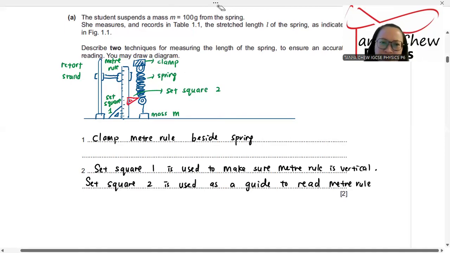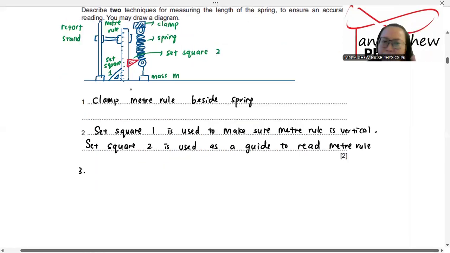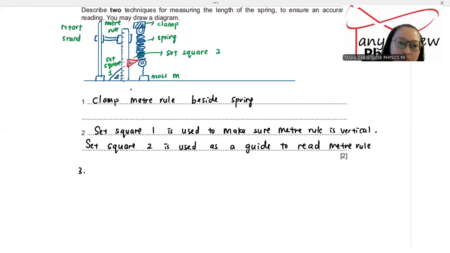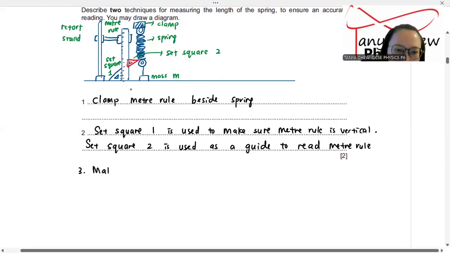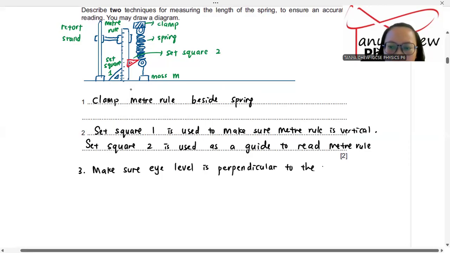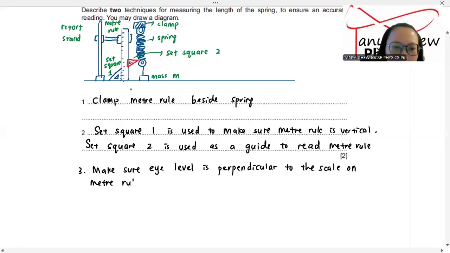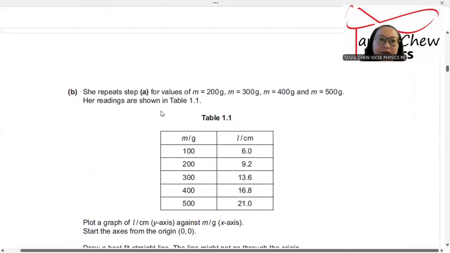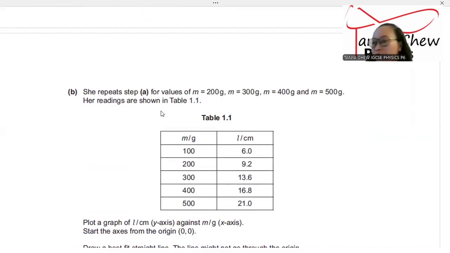And if you want to discuss more techniques, you yourself, the experimenter, need to make sure that your eye level is perpendicular to the scale on the metre rule. Make sure eye level is perpendicular to the scale on the metre rule. That's it. Now, the next question: she repeats step A for values of M equal to 200 grams,